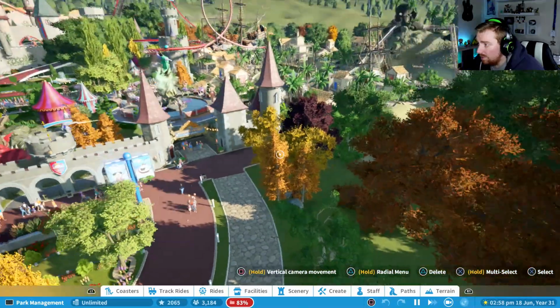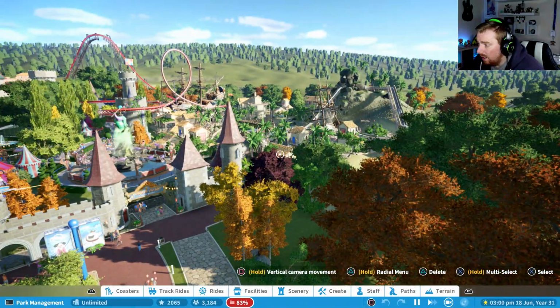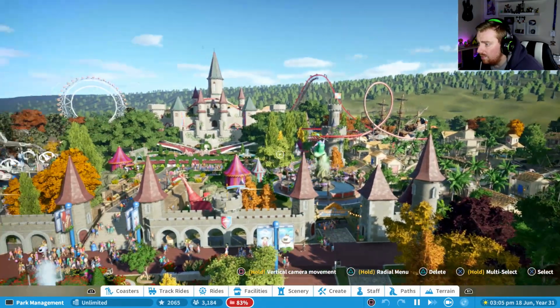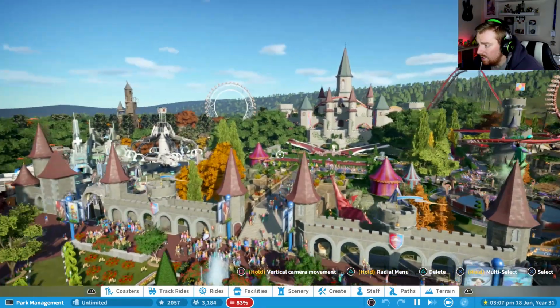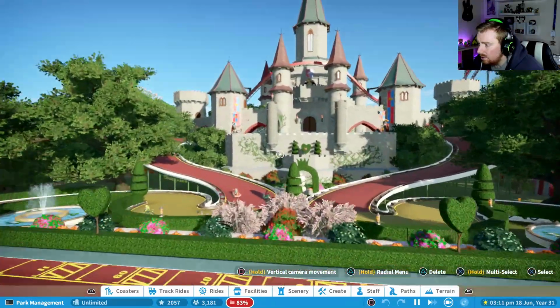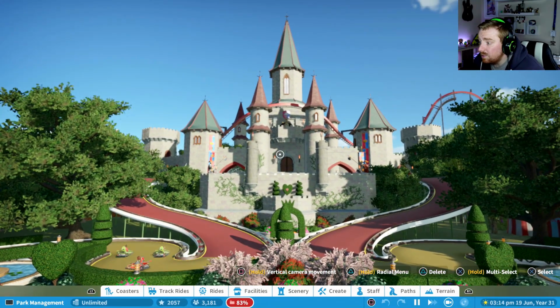So a quick look around this park then. There's a lovely little log flume over there, which I think we might ride actually in a minute. I think we'll jump on that one. A few coasters and a few other rides and attractions, and a really nice little castle down the middle here, which is really nice. A little bit reminiscent of a Disney castle,